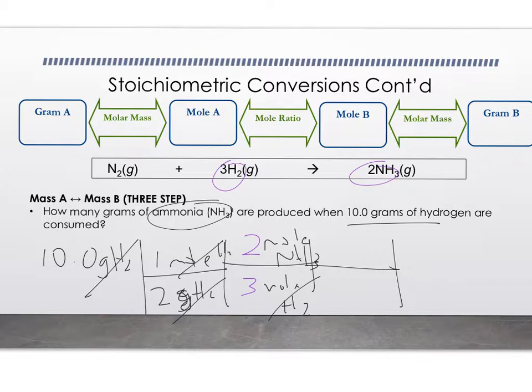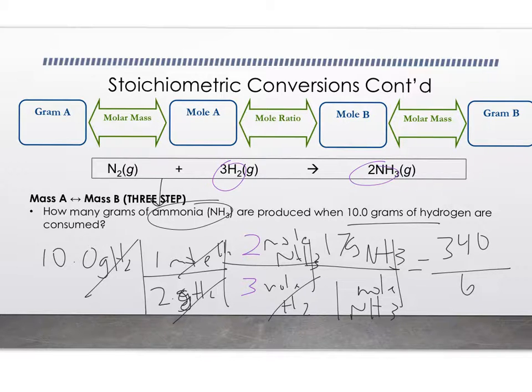I'm left with moles of NH3, but now I have to calculate grams. So moles of NH3 can easily be converted back to grams of NH3 using the molar mass, and that's grams per 1 mole. So 1 nitrogen plus 3 hydrogens, that's 14, 15, 16, 17. Now I just perform my math. So everything on top you multiply. So 10 times 1 times 2 times 17, you get about 340, over 2 times 3 times 1, which is 6. Dividing that, you get about